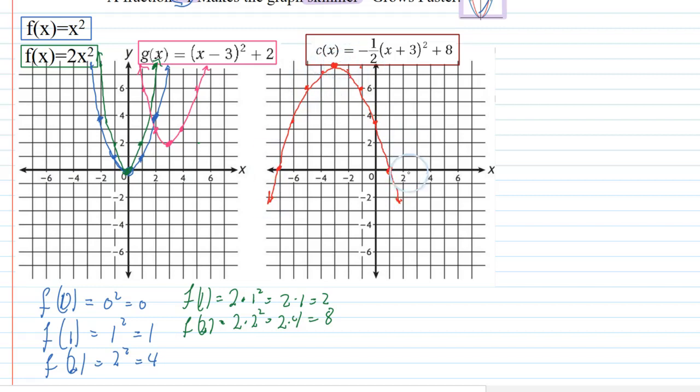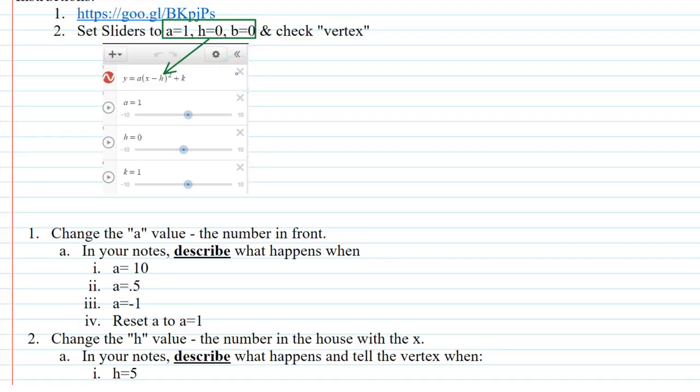So if you notice, this graph is wider than the original blue one, simply because we have a 1/2 on the front. It's pointing down because there's a negative sign in the front. All right, now the best way to play with this is to go over and over again. So what I have for you is an activity. Go to this link,